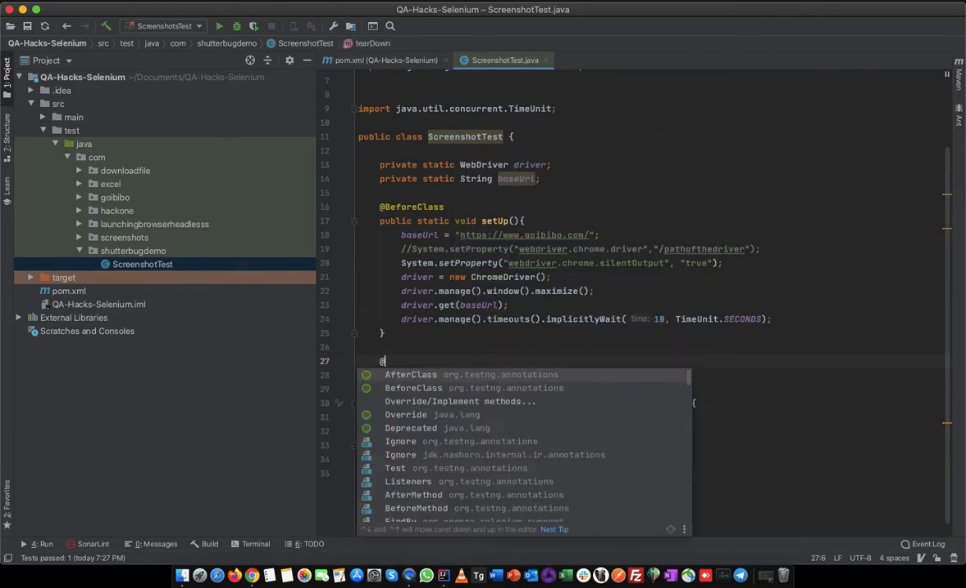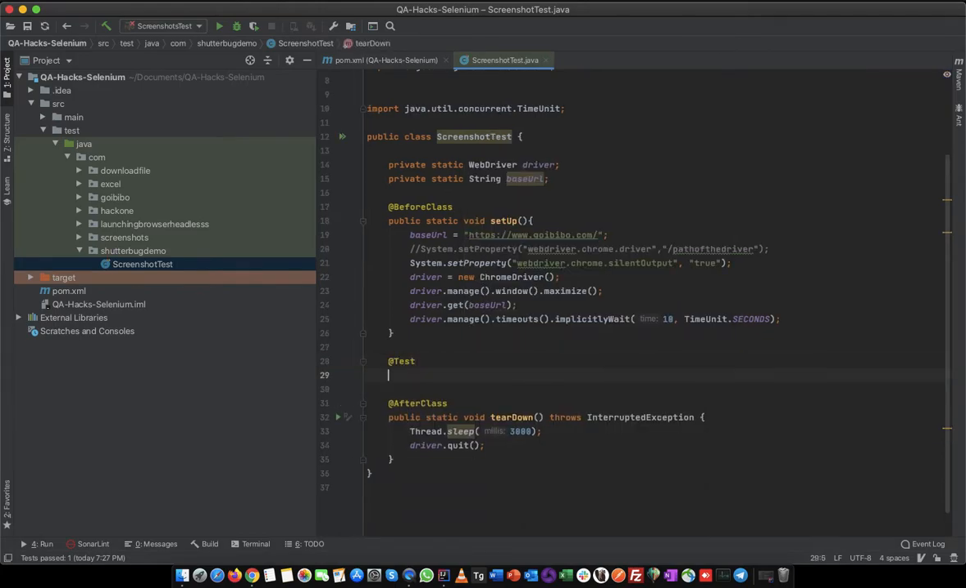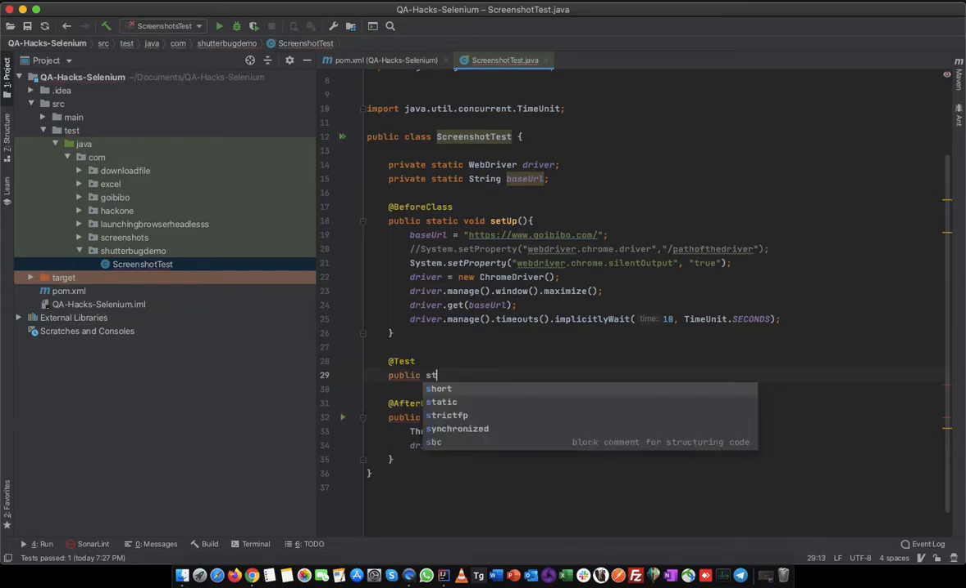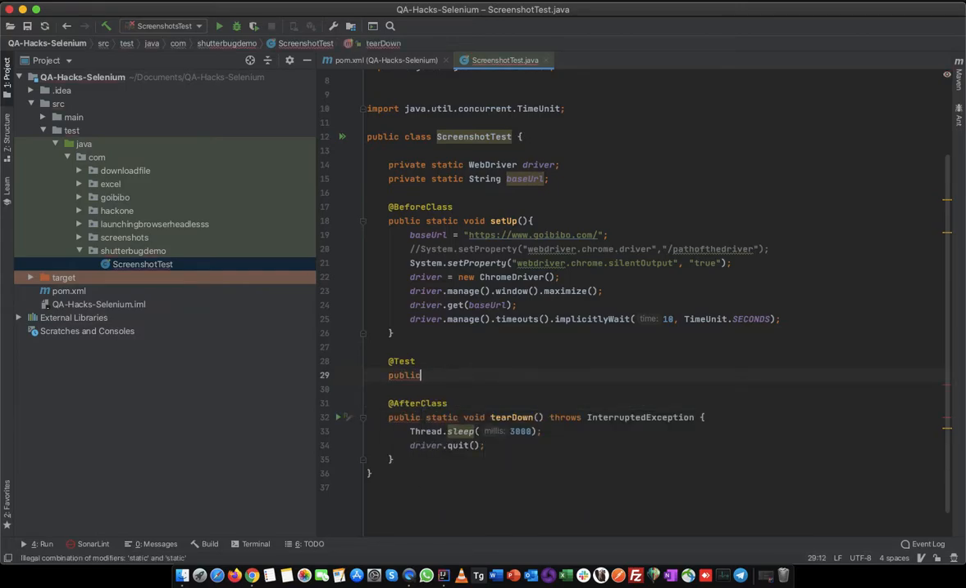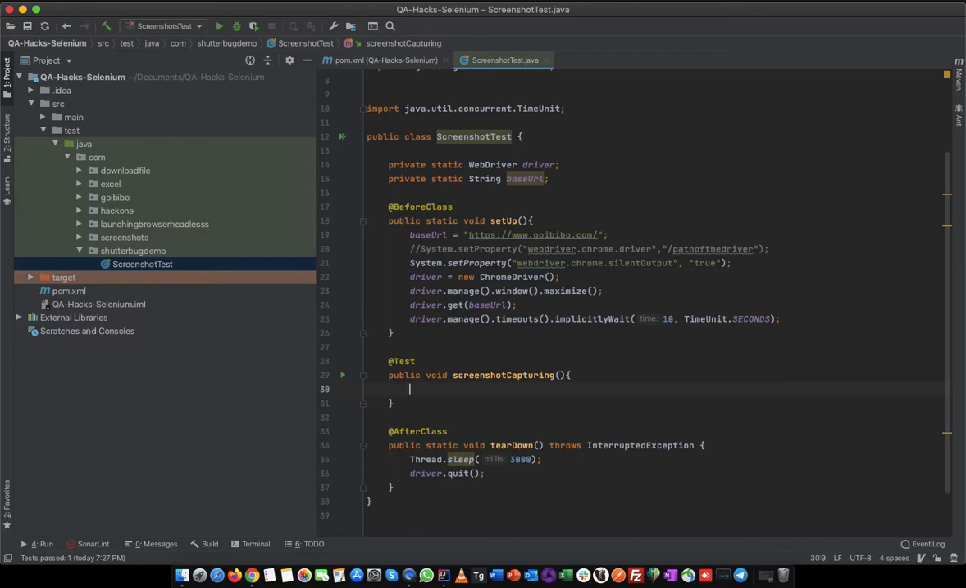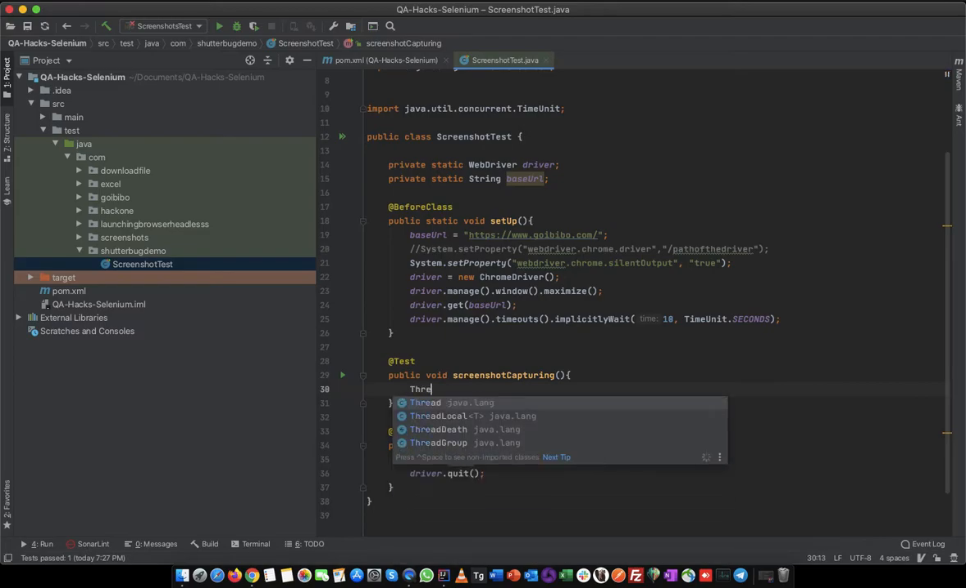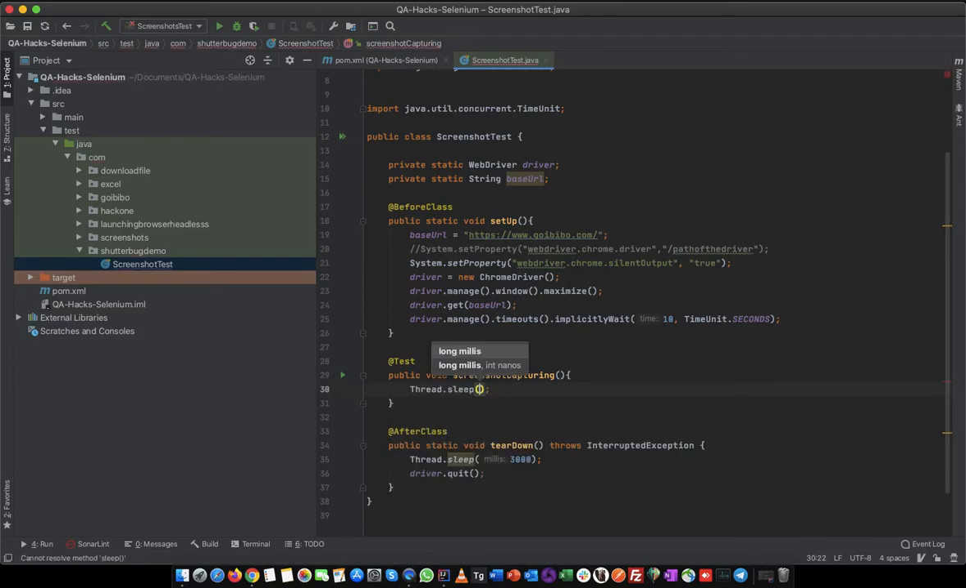Now we are going to the test classes. What should I do when I'm in this particular test class? Public static, not static, I'll just make it public void, screenshot capturing, and give a meaningful name to the test method. Now I've already got driver.get base URL. Now I will just add some sleep over here, Thread.sleep for 5 seconds, and then I'm going to